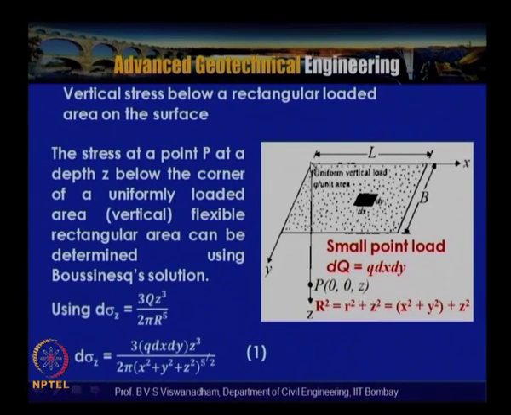So we are actually calculating at one of the corners of the rectangle. Let us say we have a rectangular area of 2L by 2B, then we actually have to multiply by 4 times that particular load intensity. This is nothing but the method of superposition. So again, in order to calculate the increase in stress due to a rectangular load area, we can also get it for a square loaded area when L is equal to B.